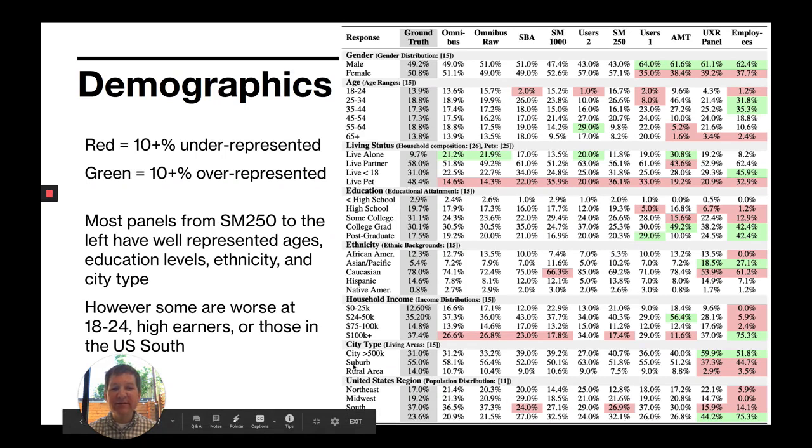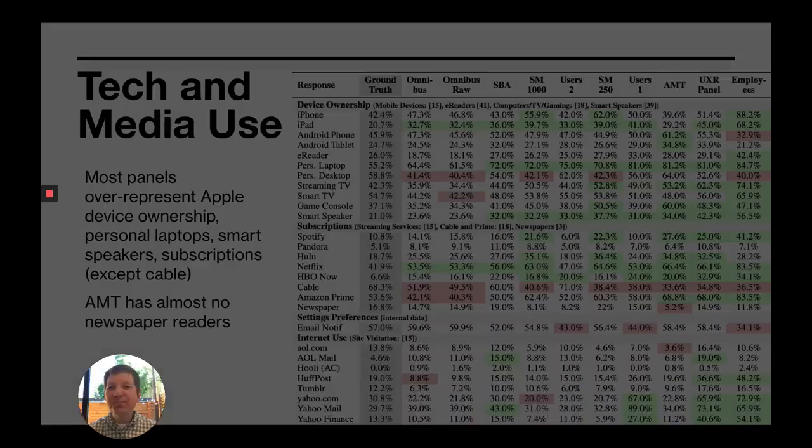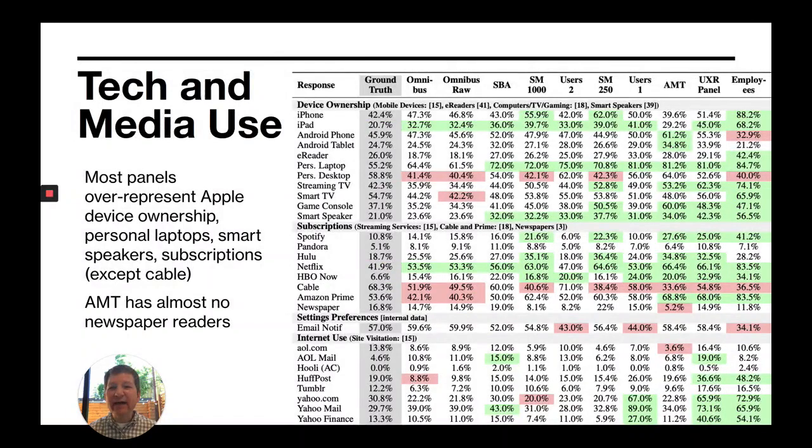So if you have a service that you want deployed kind of everywhere, including the South, you want to make sure you pick one that has that part of the US well represented. When we look at tech and media use, we can see a lot of green. So a lot of the participants who used these survey panels used a lot of different technology, more than the